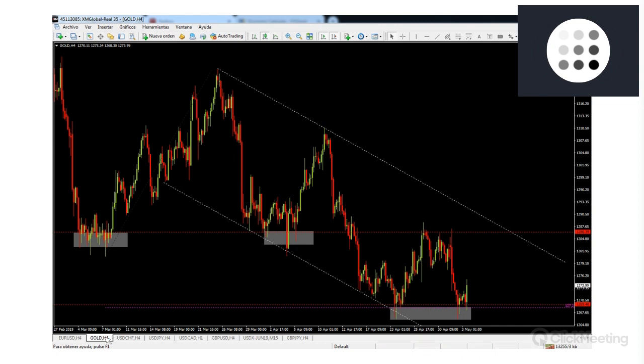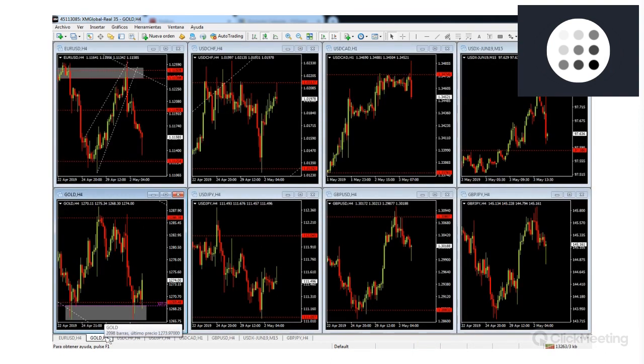And that's how I trade. That's how we trade at trading, right? And that is how I trade. For example, I didn't take this US dollar Canadian dollar short position because